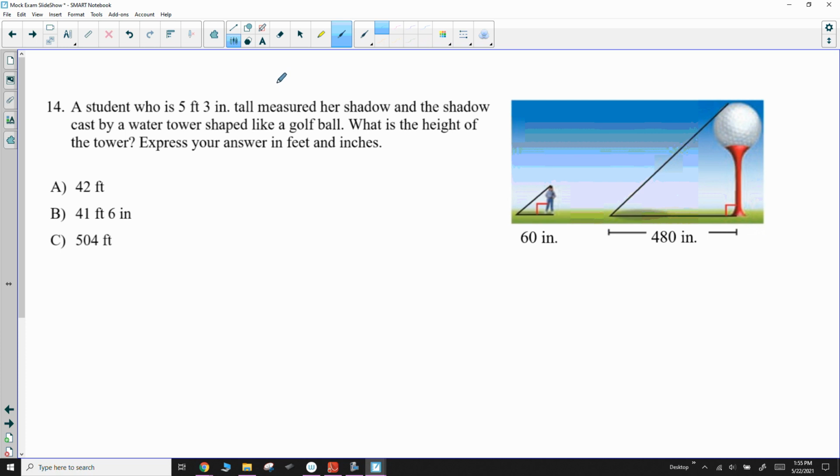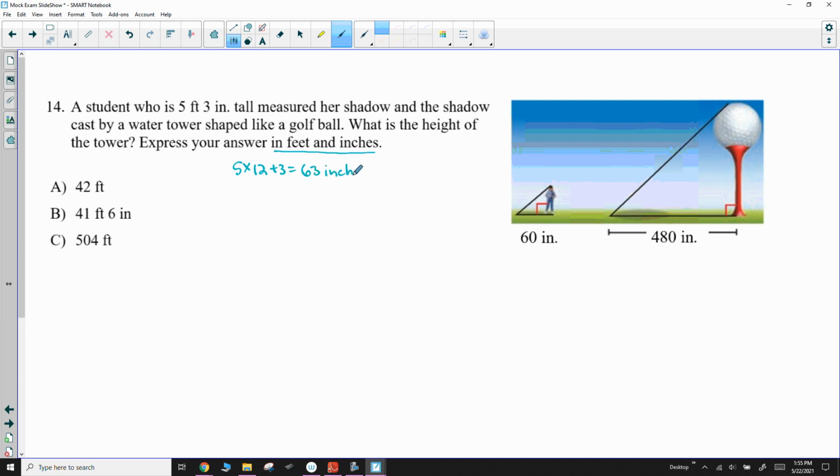The problem on the exam will be done just like this. The student's height will be expressed in feet and inches. All the shadows will be given to you in inches only. You're going to convert everything to inches to get started, and then your answer needs to be expressed in feet and inches. Okay, so if she is 5'3", 5 times 12 is 60, plus 3, that means the student is